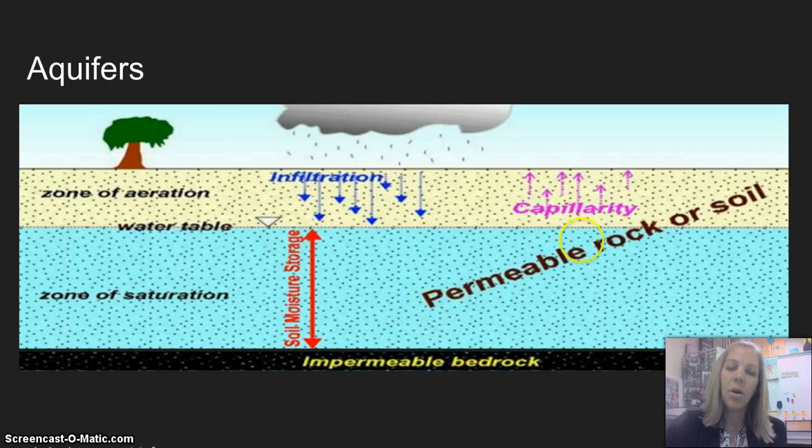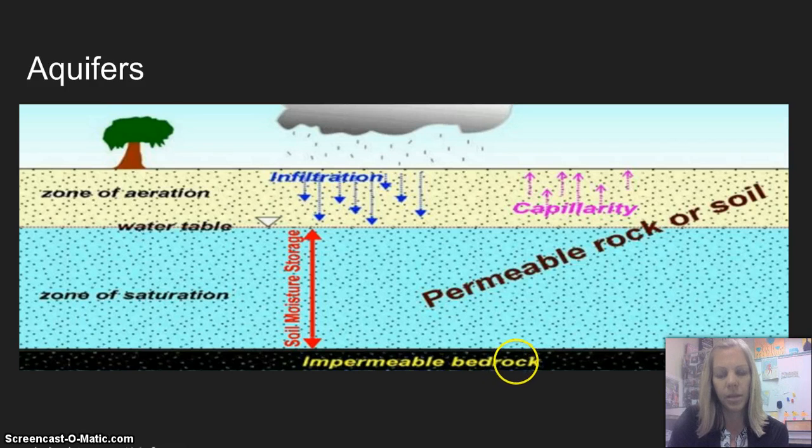Now, all of these areas of the ground, both the zone of aeration and the zone of saturation, are considered permeable, which means water can flow through it. The only impermeable area is the area at the bottom, which is the